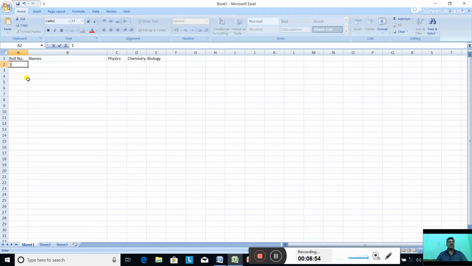Now come to the roll number part. Write the roll number. Suppose 1. Name, suppose Abhishek Kumar. Physics marks, suppose 95. Chemistry marks 88. Bio marks 78. Now roll number 2. Suppose the name is Amit Kumar. Physics marks, suppose 77. Chemistry marks 98.